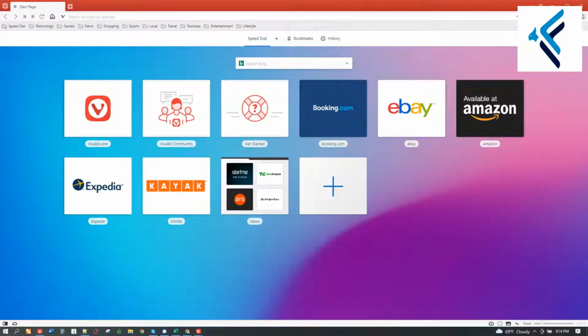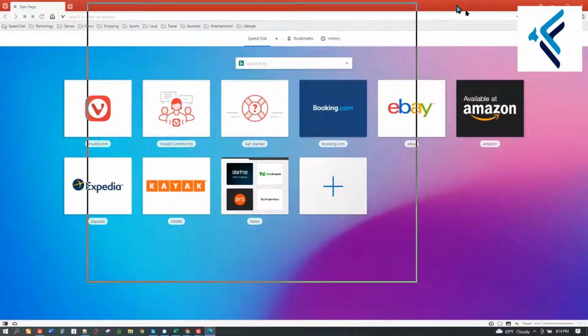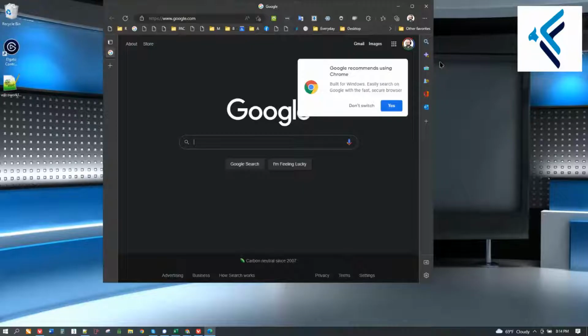Might have to bring up Microsoft Edge. I do apologize, guys. This is live, so anything can go wrong, as you know. What can go wrong will go wrong, right? So I'm just going to move this over to here, and let's see if I can get a decent look on this, because I think you'll really like what this can do.